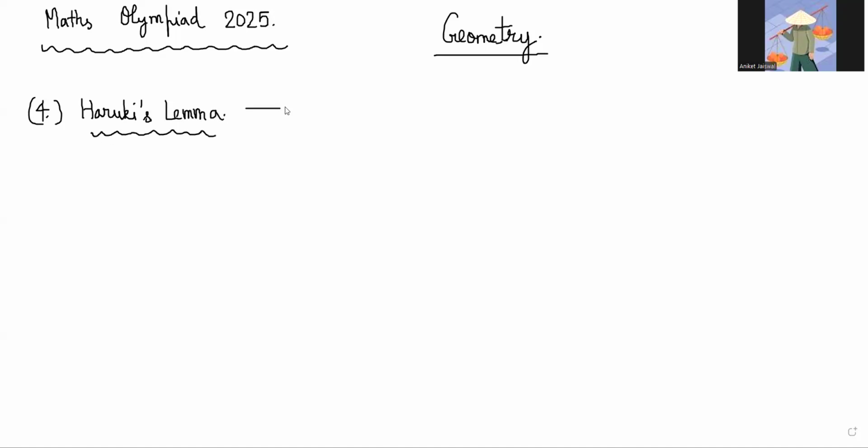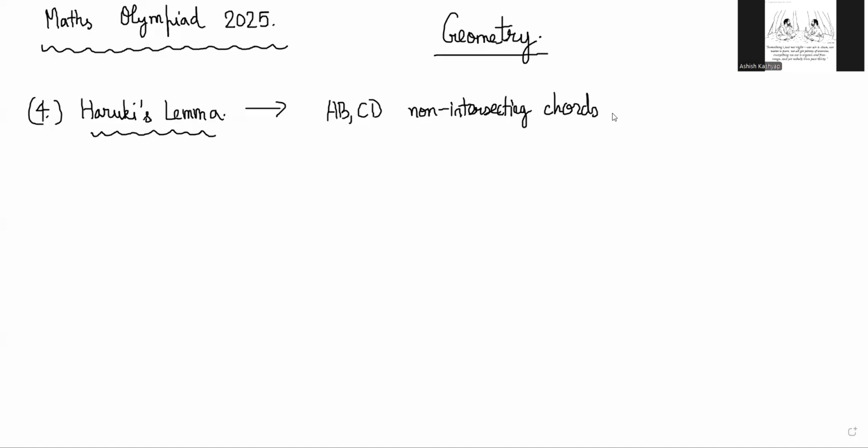So we had seen this lemma which said that if you have two non-intersecting chords, AB and CD, in a circle, then if you put a variable point P on the arc AB, which does not contain C and D,